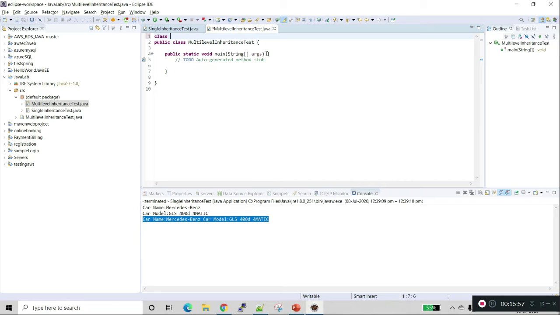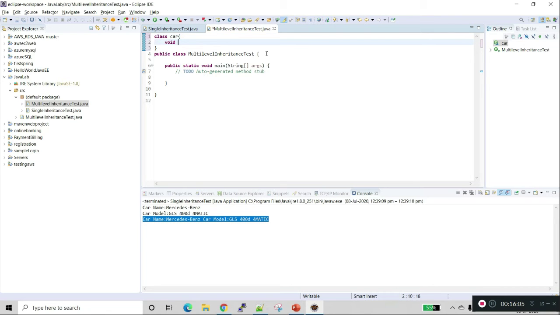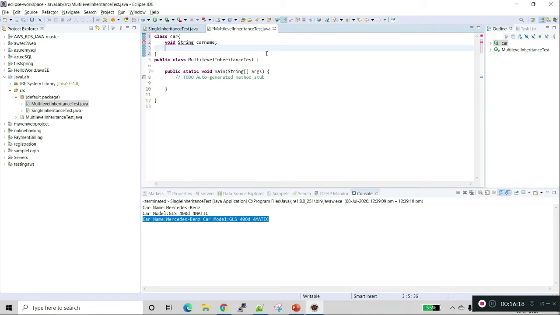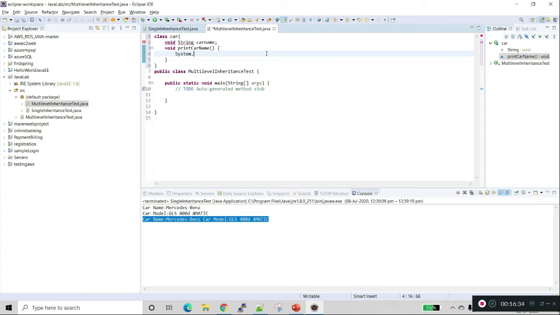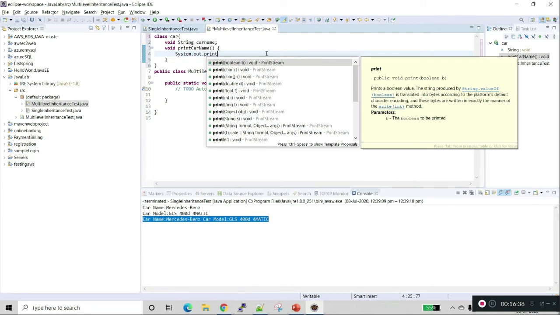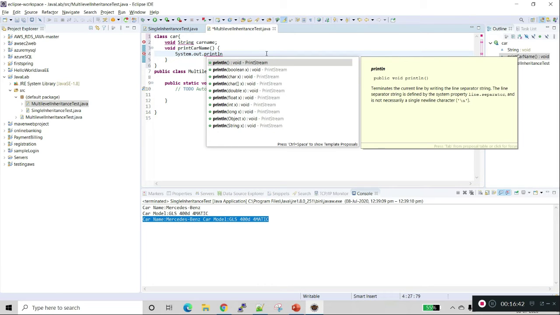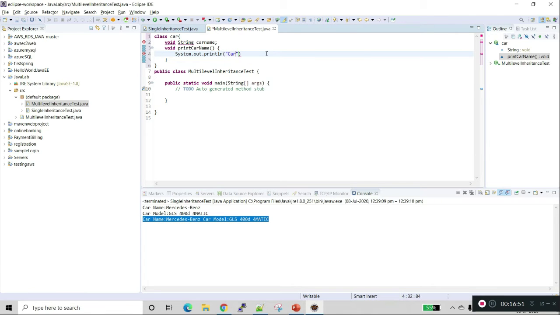We are creating a class car with a car name and a void print car name, where we use system dot out dot println to print the car name.